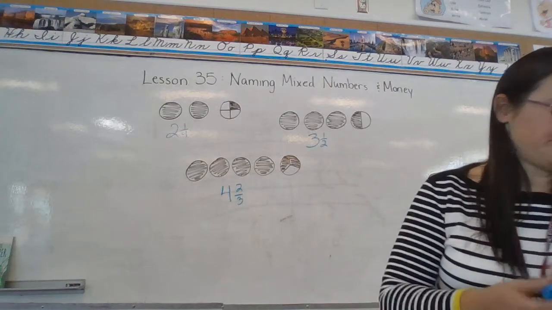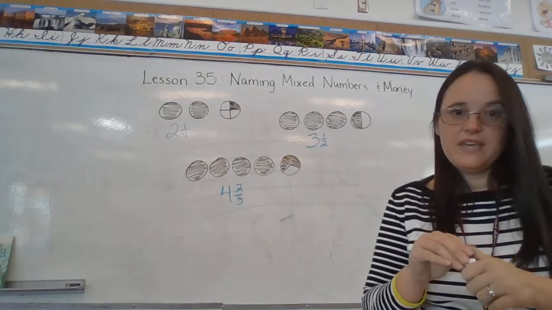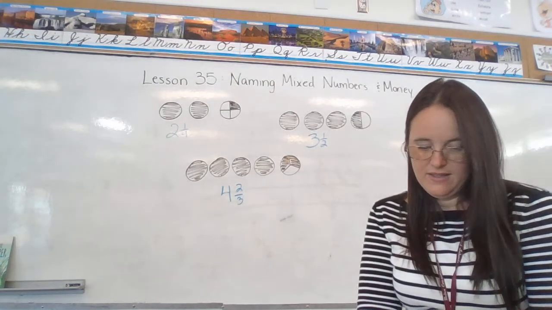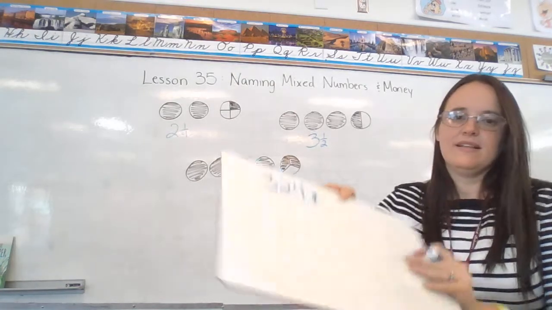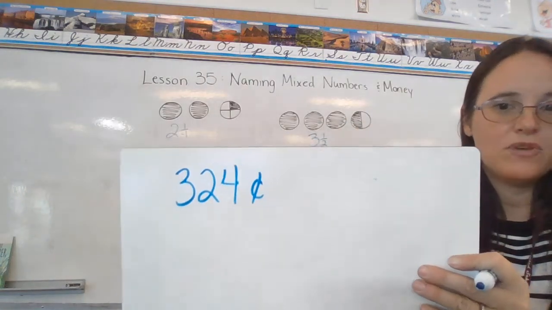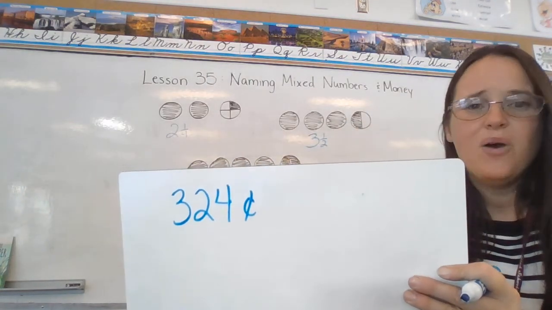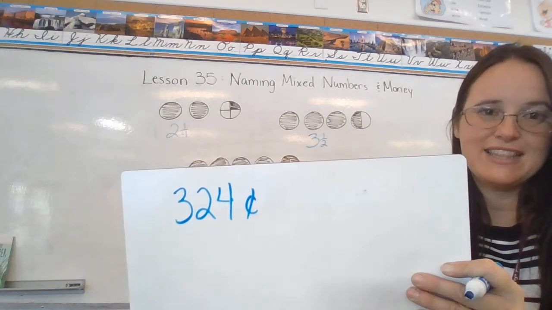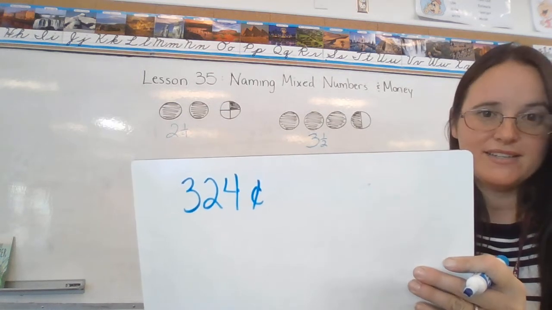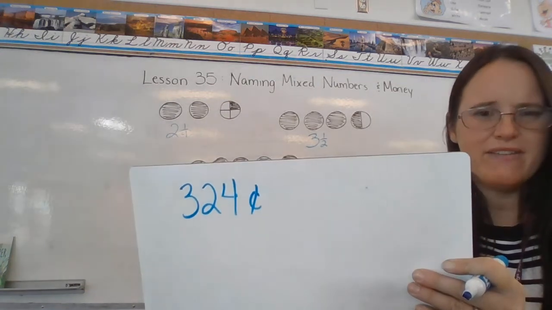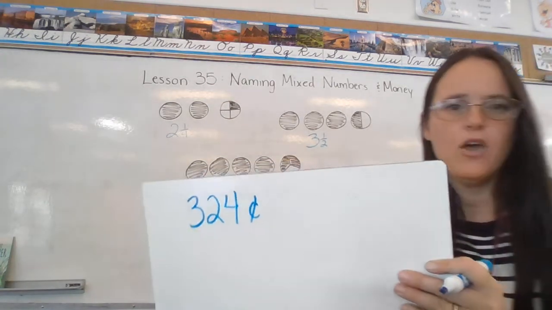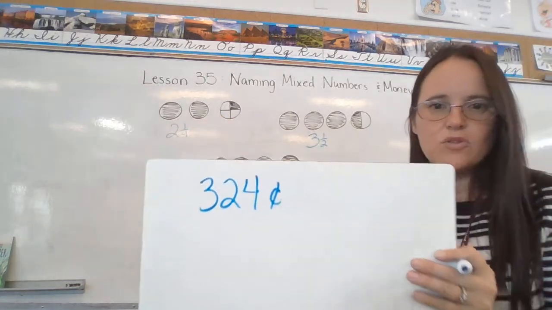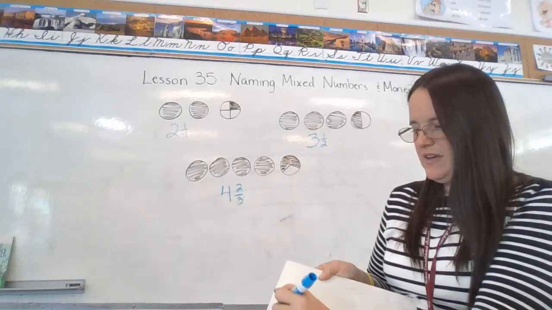So we know that we can read money with a cent sign, like we might say 324 cents. We're not often going to see it written like this. It's not technically wrong, but we just don't write it like that. If we have 324 cents, we know that for every 100 cents, we have $1. So 324 cents is really going to be